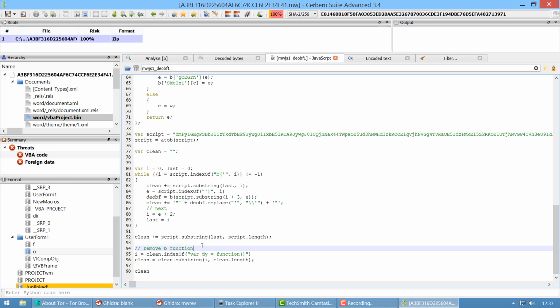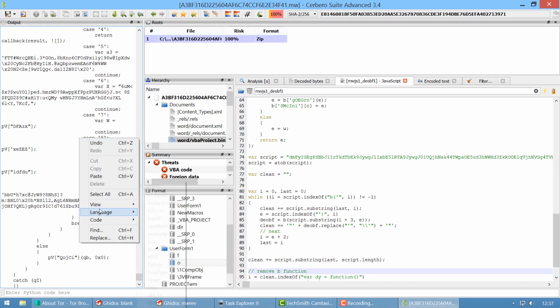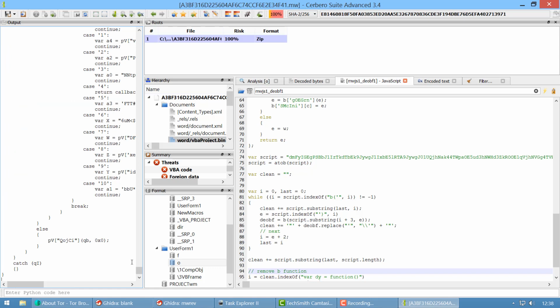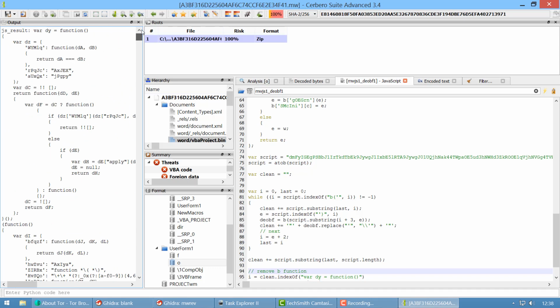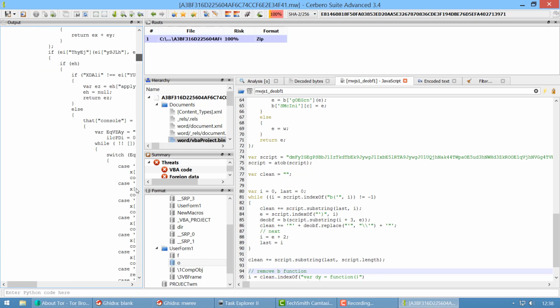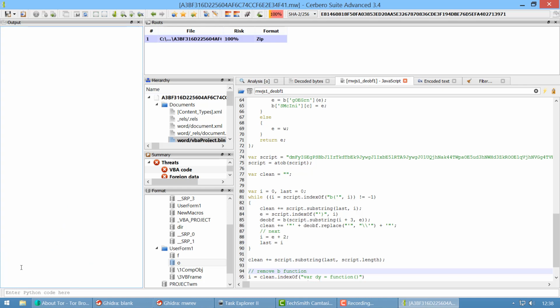So if we execute it, let me put the output window here so it's better visible. And in the view, we don't need the word wrap. So this is the result of our script. If we select it and cut it,